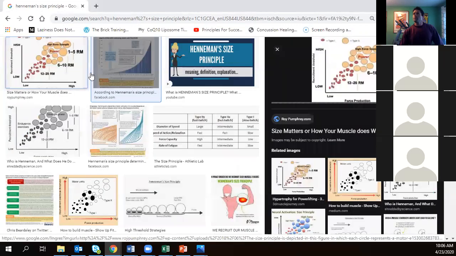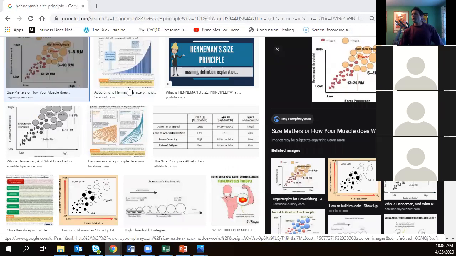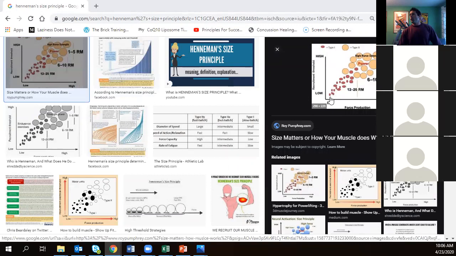All right, so what we have is referred to as Henneman's size principle. You guys can see over here where our type 1 fibers, our actual alpha motor neurons that go to them, recruit a much smaller number of individual fibers. Now, as we start to try to increase the amount of force we're producing, we're then going to start recruiting our type 2 muscle fibers. Our type 2 muscle fibers are really going to be kicking in once we're getting up to much higher loads, and they also recruit a much greater number of individual fibers.